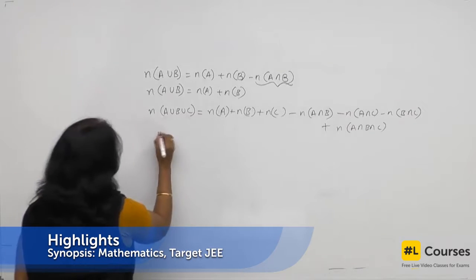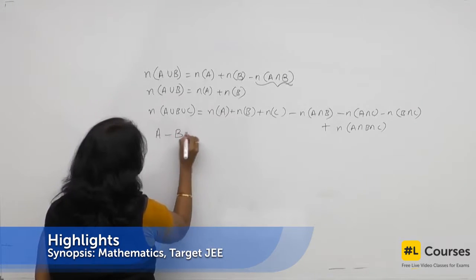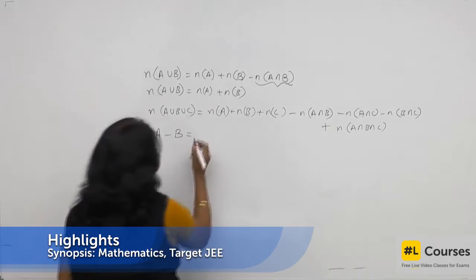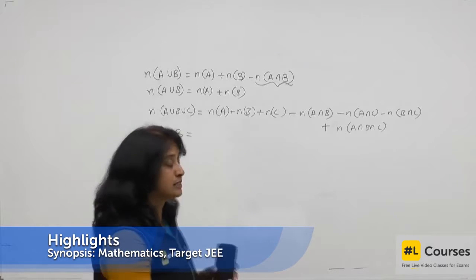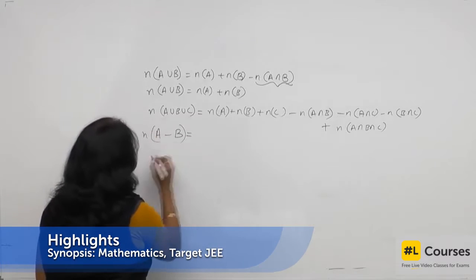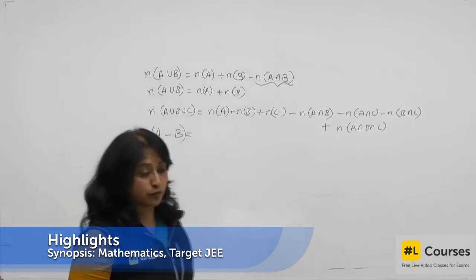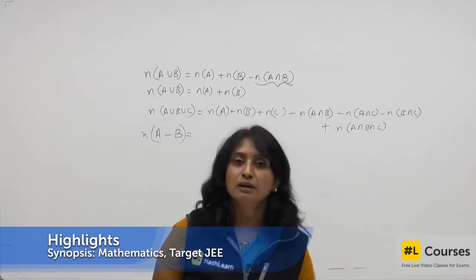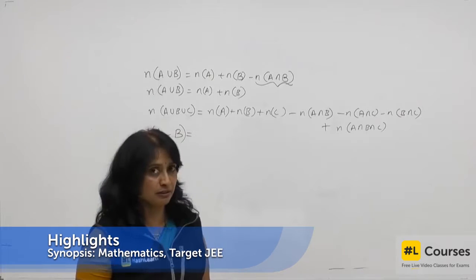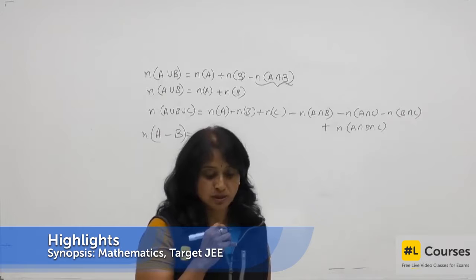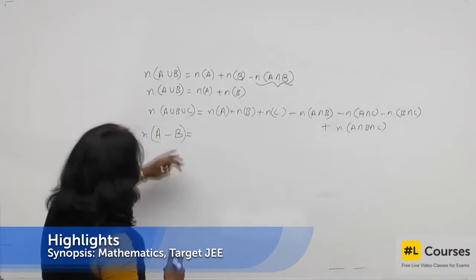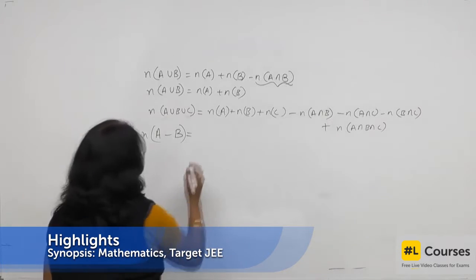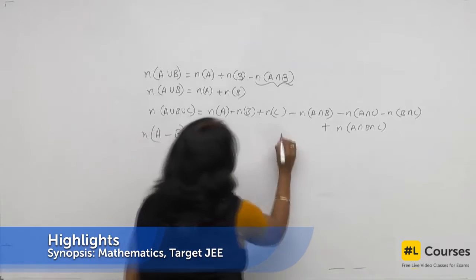And then we have something called difference. What is A minus B? A minus B is going to be the number of elements from only the set A and not from the set B. Now all of this, if you are done with the operations, that will be very clear. And so let us get into certain operations and then we will do A minus B, but still I will complete this. n of A minus B is going to be this,